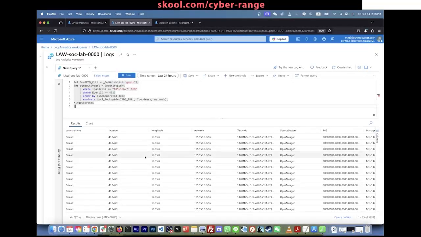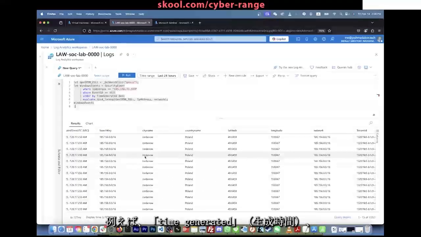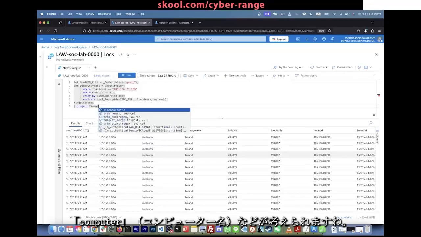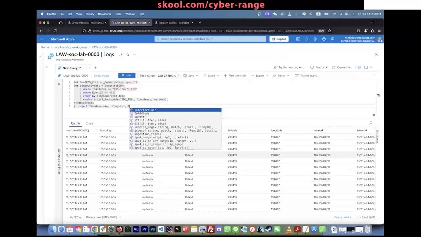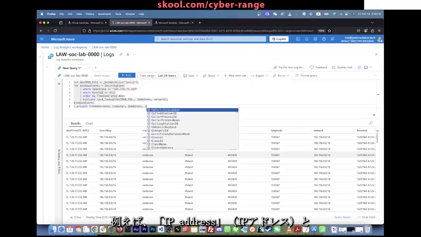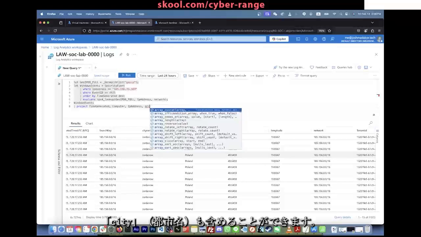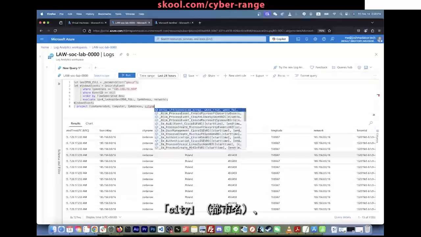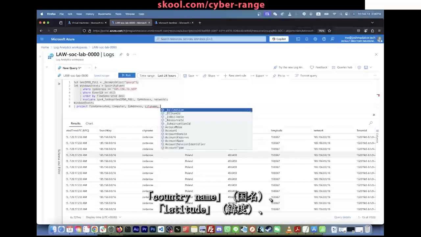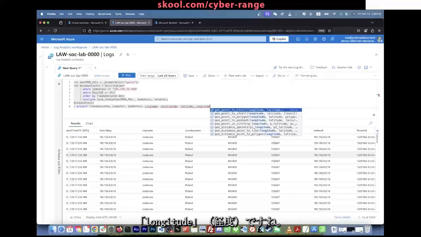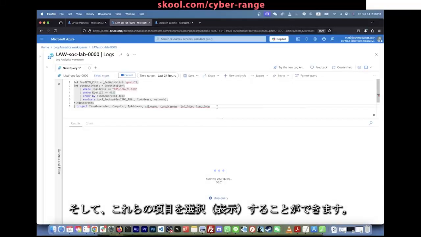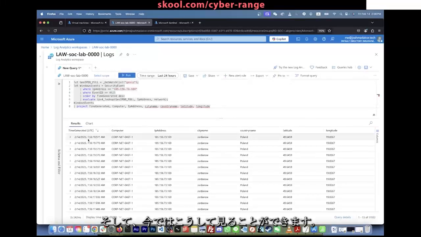we can project the fields that we care about. So for example, probably time generated, computer, IP address, and then city name, country name, latitude, longitude, and then we can project these. And now we can see it's basically like, this is our computer, this is the